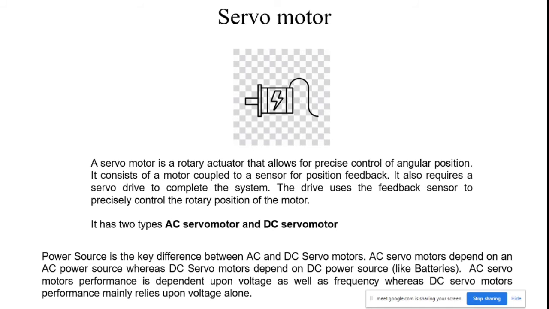So, a servo motor is a rotary actuator that gives precise control for angular positions of the drive shaft of the motor. So, the power source is important for servo motor rotational action. So, the power source is the key difference between AC and DC servo motors. What is the difference between AC and DC servo motors? AC servo motors depend on an AC power source, whereas